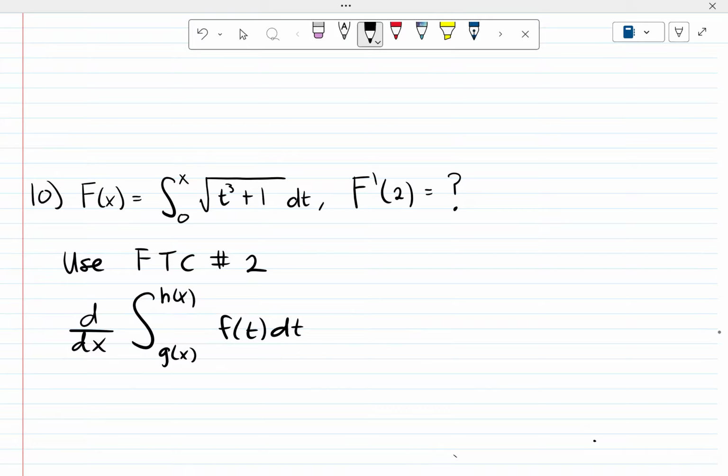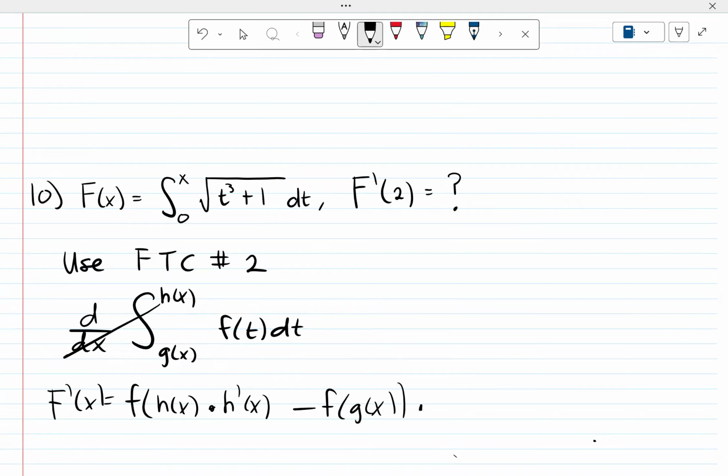So what happens is, the derivative and the integral cancel, and now you're left with f prime of x is equal to f of h of x times h prime of x, minus f of g of x times g prime of x. So that means is